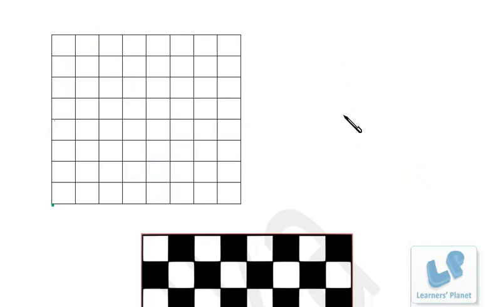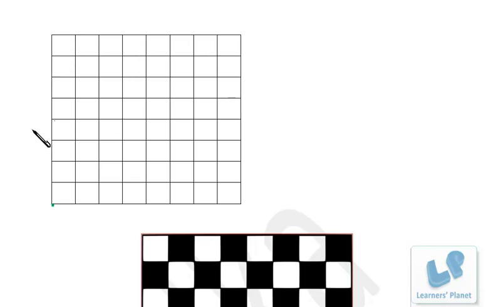Now I'm sure you must be clear how to find the number of rectangles having different dimensions, maybe 2 by 3, 4 by 5, 6 by 7, doesn't matter, right? And now let's try to understand how to find the different number of squares in a chessboard. Now maybe it is a chessboard 8 by 8, maybe some other grid, maybe of dimensions 9 by 8, 8 by 9, whatever, doesn't matter. If you are conceptually clear, you can do the problems based on them also, okay? And how to find the number of rectangles, I have already told you.